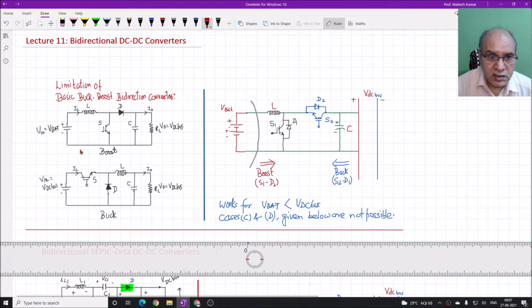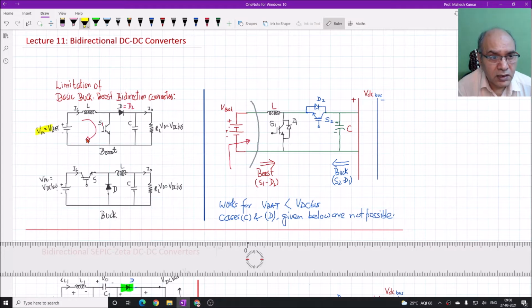Now you can see more in terms of the circuit diagram. When we see from this side, this is the circuit with the combination of S1 and D2. This is S1 here and this is D2. So D2 becomes D, and S1 comes here on the input side. This is the topology for boost. The boost is the one which has an inductor on the primary side, on the input side. And for the buck, the switch and diode are on the primary side. So the input is V bat.